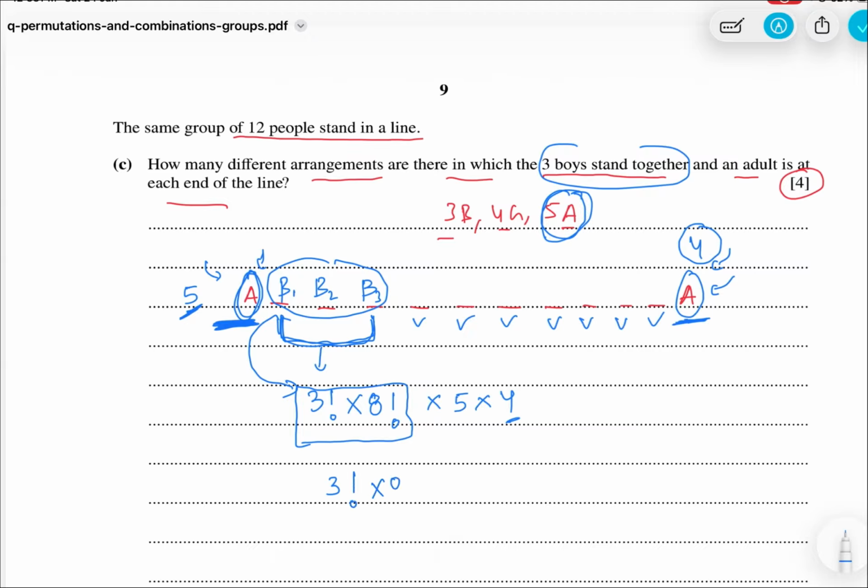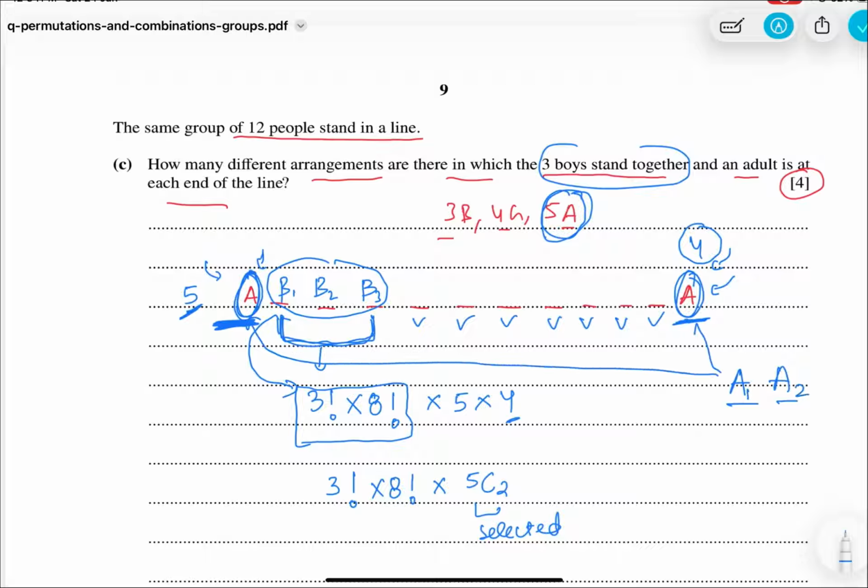3 factorial times 8 factorial times it by, we need 2 adults, right? So it would be 5C2. We have selected 2 adults here. It's like we have called 2 adults, come here. 2 adults have been here, A1 and A2. Now I have to arrange them. One here and one here. I can place A1 here and A2 here, or I can place A2 here and A1 here. So I've selected them. Now I can arrange them in 2 factorial ways. Okay, learners? So you will get your final answer as